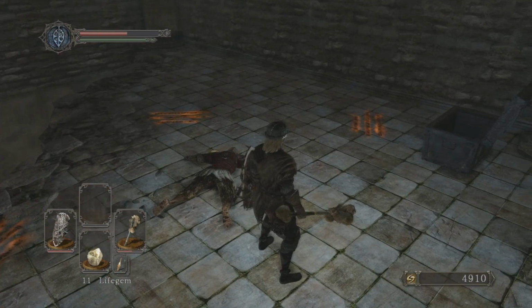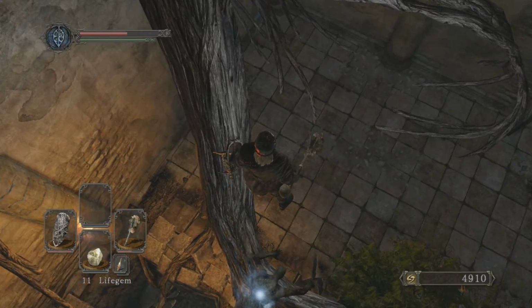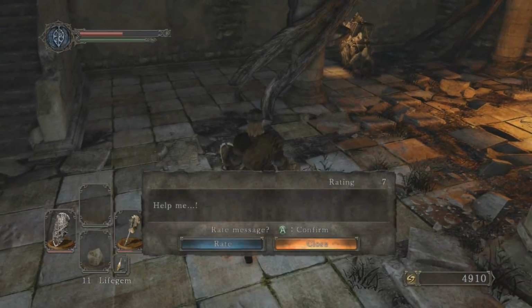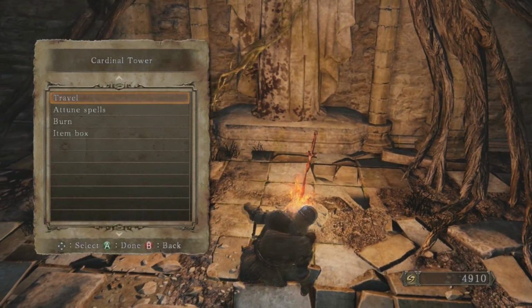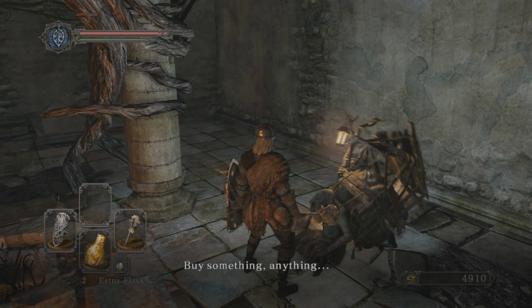You use that to be summoned for bosses, which... yeah, that's okay. And drop down onto this branch, which I almost failed at, and grab the Divine Blessing, and we are done. Help me. No, I'm not going to help you. Go ahead and rest here. Replenish my Estus Flask, which I will soon have 3 of, and talk to...